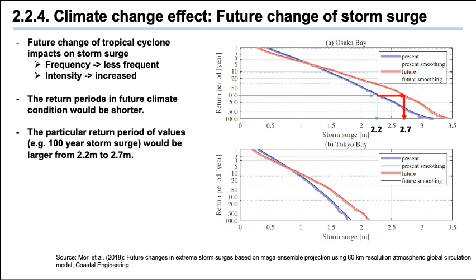As mentioned above, a particular time period of storm surge is necessary for design of coastal protection structure. The future change of tropical cyclone is estimated to be less frequent with increased intensity. Here is an example of changes of return period of storm surge in Japan considering climate change effect. This figure shows the extreme value distribution of regional projection of storm surge height in Osaka Bay and Tokyo Bay